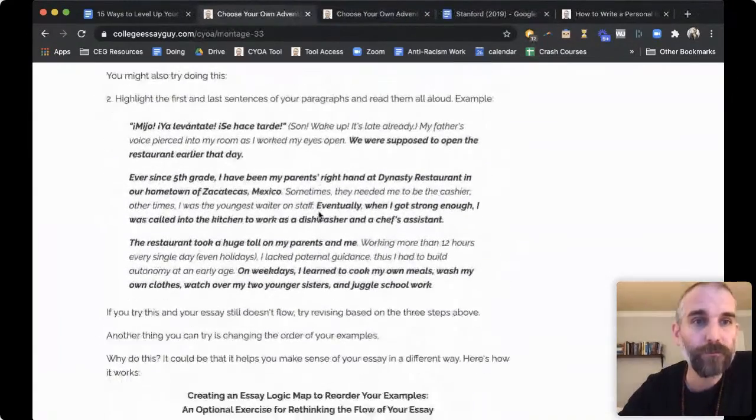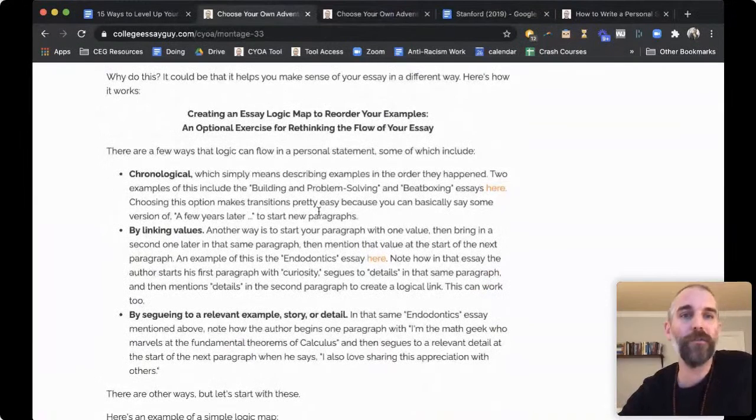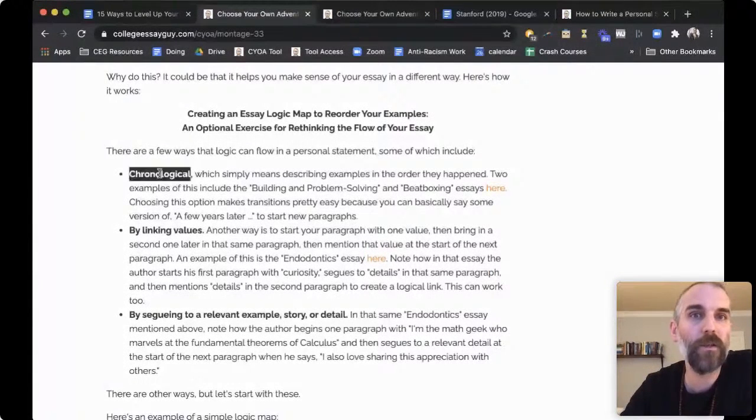Another one that you can do is creating a logic flow map. So the logic of your examples of your essay, whatever it is, could go chronologically, which means it could go in the order things happened. But in some cases, it could be that you want to just